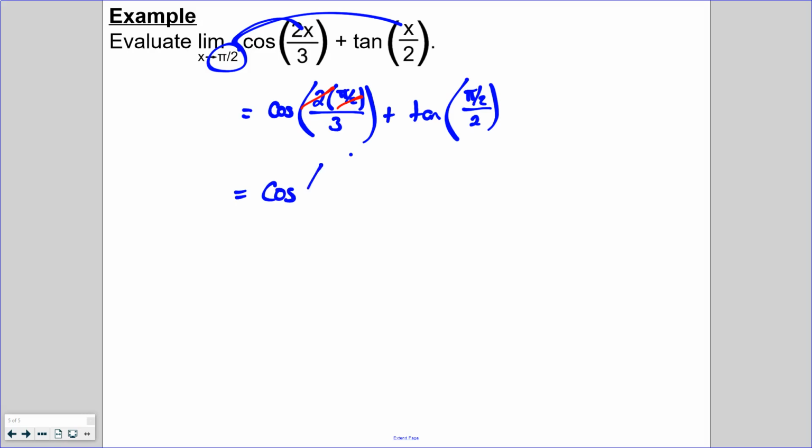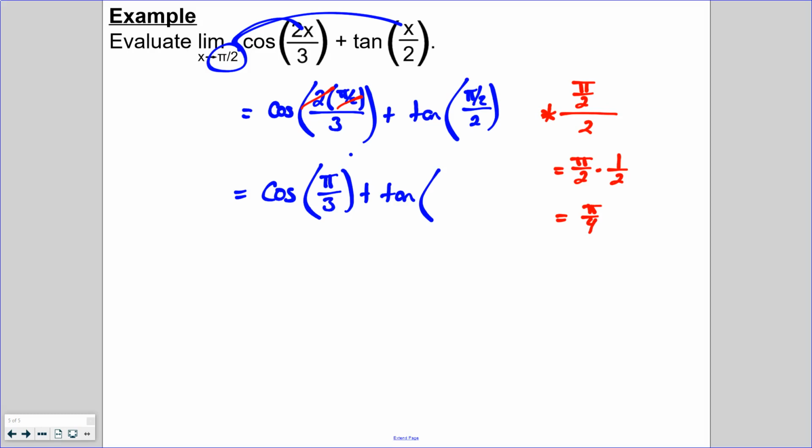But that's going to leave us with cosine of pi over 3 plus tangent of pi over 2 over 2, similarly to what we did before. We had said that pi over 2 over 2 is the same thing as pi over 2 times 1/2, which gives us pi over 4. And then evaluating these out, cosine of pi over 3 is going to be positive 1/2, and we have already determined that tangent of pi over 4 is 1, giving us a final answer of 3 over